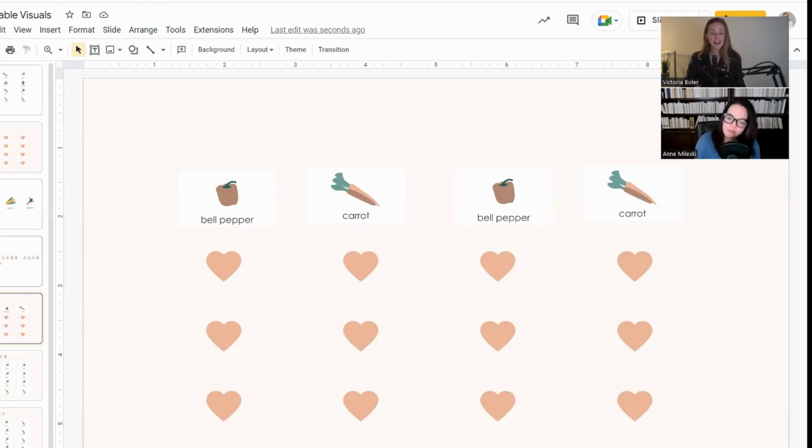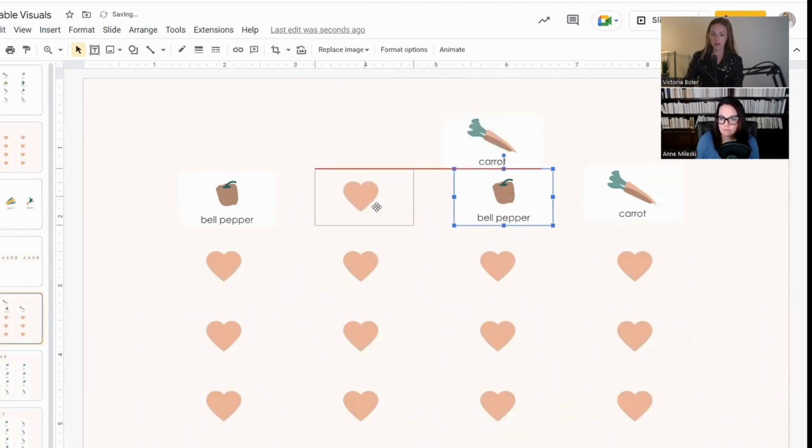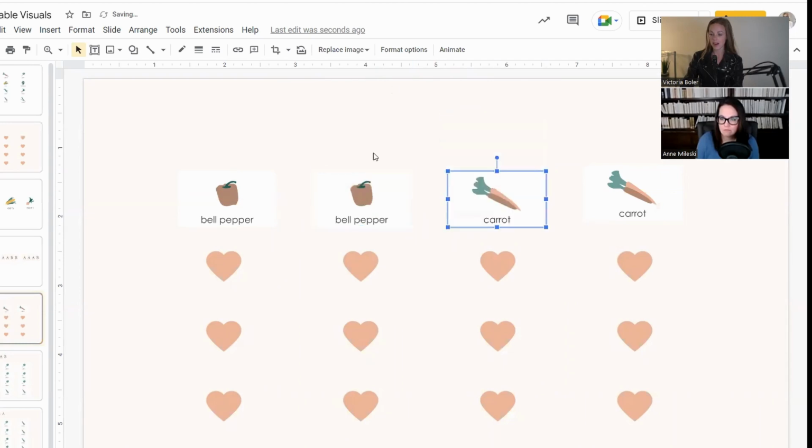Great. Okay, so now if I want, then I can say, hey, I notice a pattern here. What's our pattern here? First graders, second graders love patterns, and they would say, oh, it's 1 2 1 2, or they might say it's A B A B because that's something they would be used to saying in class. And then I might say, okay, so what if I change our pattern and make it this and then that? And for friends who are listening on our audio, I now have bell pepper, carrot, carrot, and we can go like that. So that's a fine way to do it for a while.